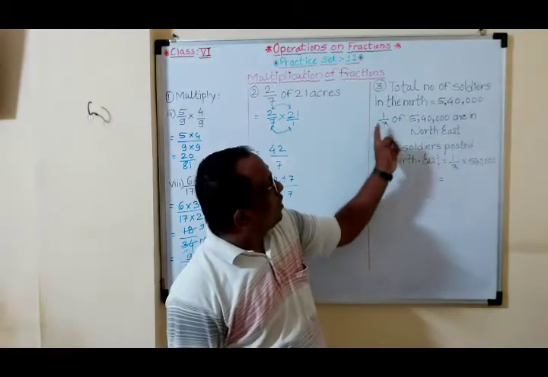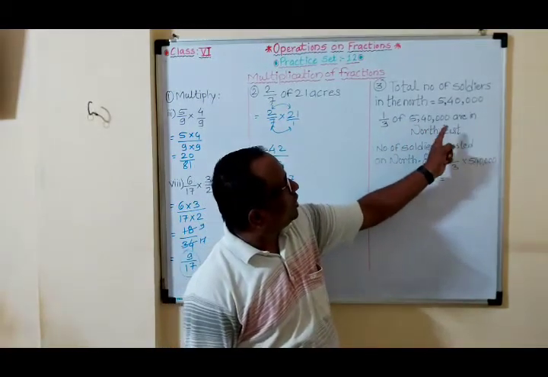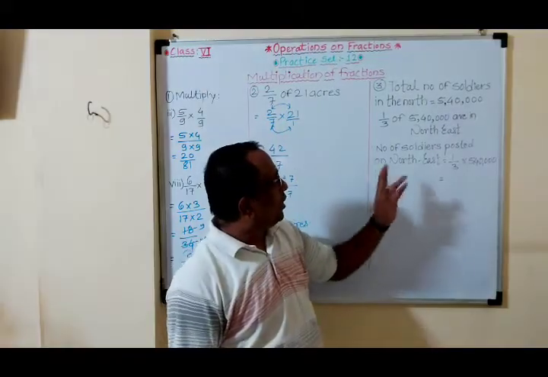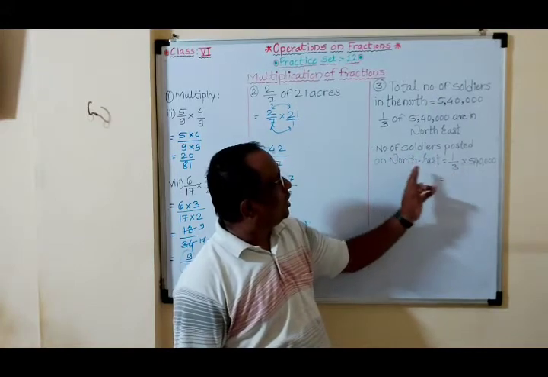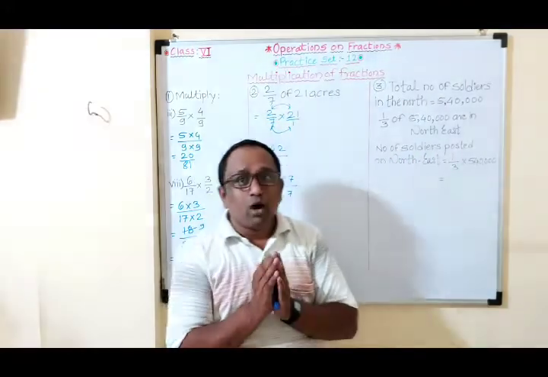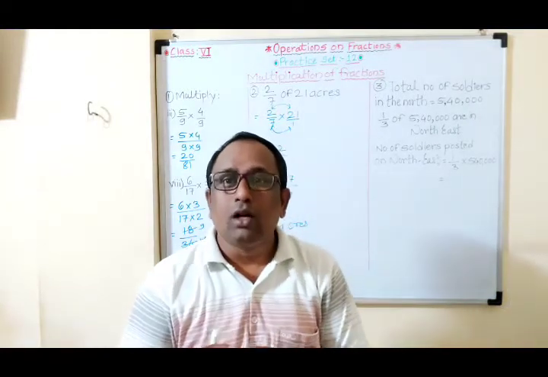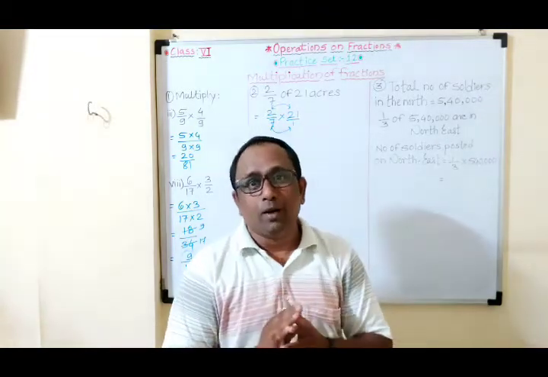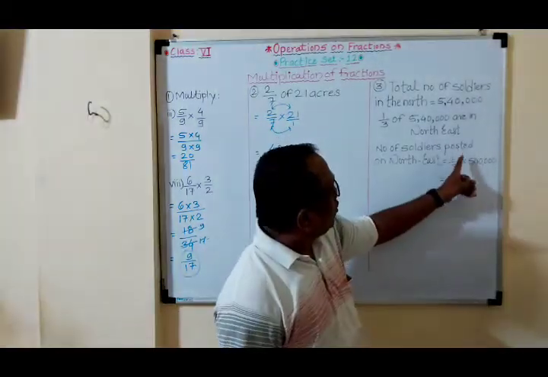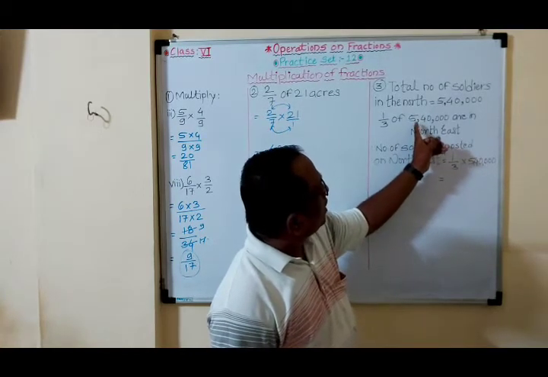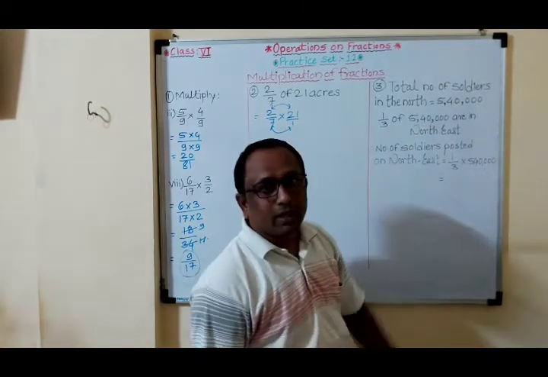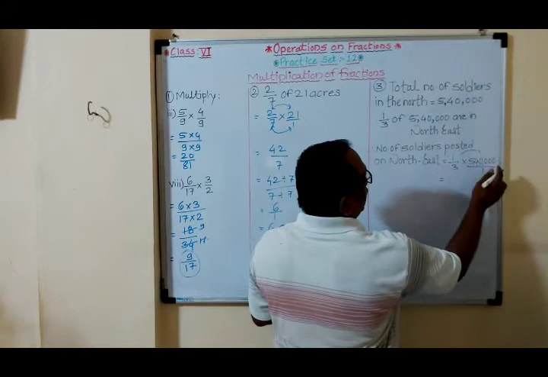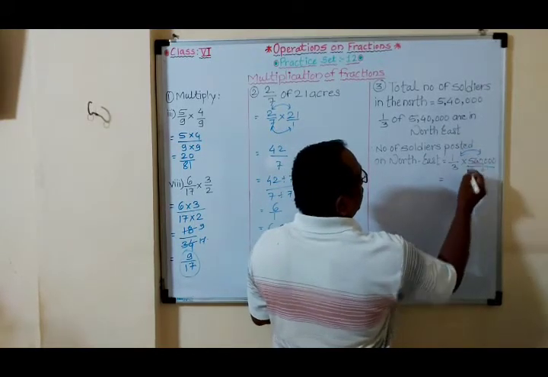Okay. Then 1/3 of 5,40,000 are on the northeast side. Then what they ask, we have to find the number of soldiers posted in the northeast. So 1/3 is given. We have to find out how many soldiers are posted there. Okay. The fraction 1/3, we have to convert into actually the number. Okay. So here 1/3 of 5,40,000, here we have to multiply this. Okay. So I told you always here numerator 1. So denominator 1. So numerator to numerator you have to multiply.